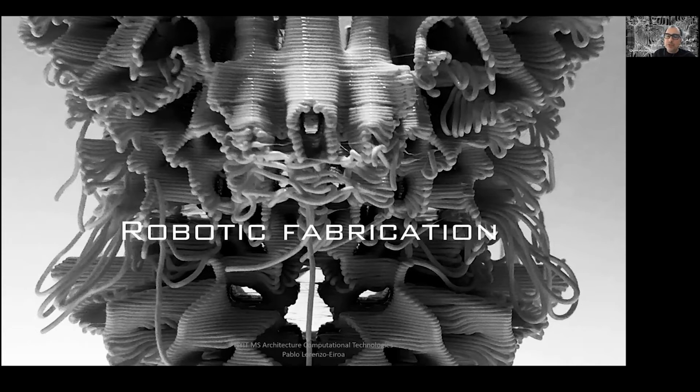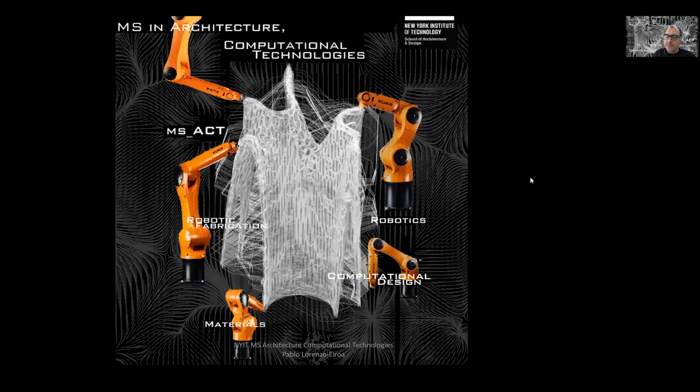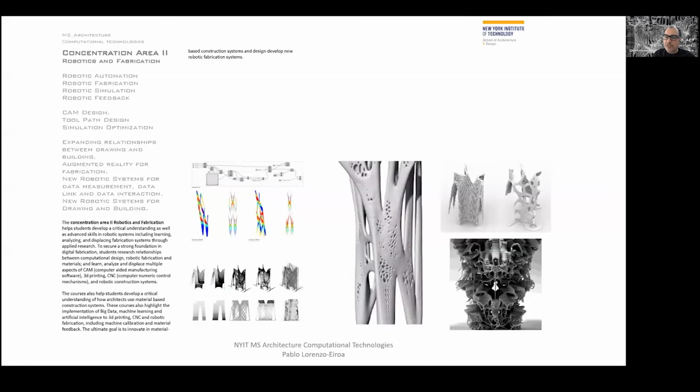But we're going to think about robotic fabrication as a design process, thinking that there are things that we can edit in the relationship between the original design and the way the design is being built, and to do a loop back and forth between fabrication and design, thinking that fabrication itself can be an area of design and an area of expertise in terms of design, developing a feedback between automation, fabrication, simulation, and design feedback.